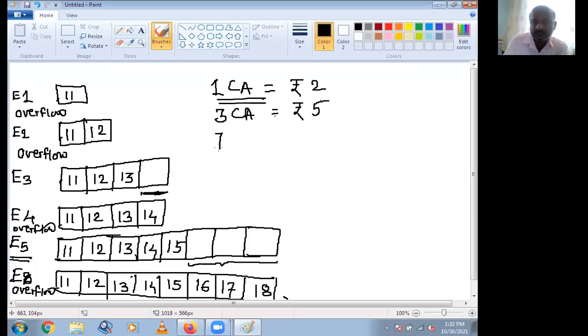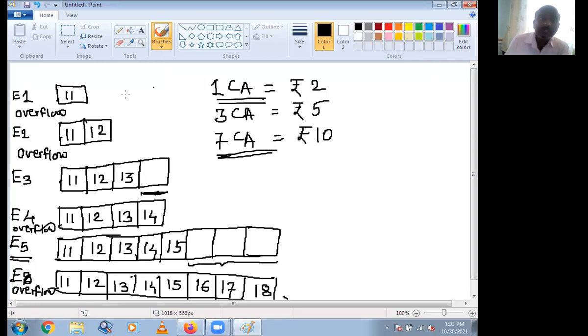And when you are purchasing 7 custard apples, you require 10 rupees. So when you are purchasing a larger number of custard apples, the price per custard apple is reduced. When you are purchasing fewer custard apples, the price is increased.